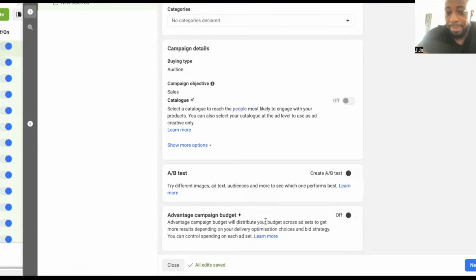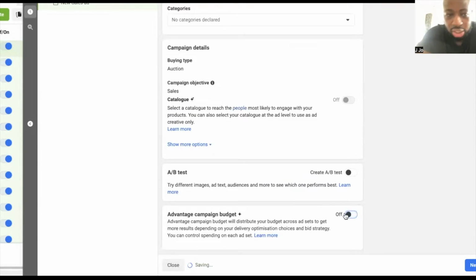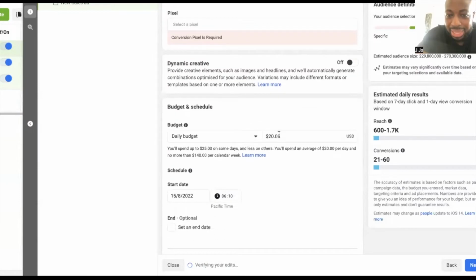So campaign budget optimization is at the campaign level. So look, I'll turn this on. All right, this is at the campaign level, but I've turned this off. So I'll turn this off, then I'll go to the ad set level, and the budget is here. This is the ad set budget